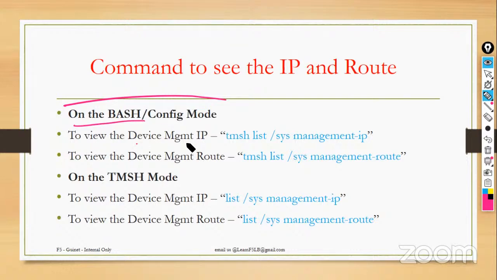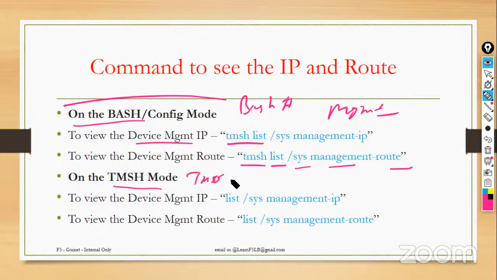To view the device management IP, if you are in the bash mode, you type tmsh list sys management-ip, and you will see your management IP. If you want to see the route, you need to type tmsh list sys management-route, right? But if you are already in the TMOS mode,